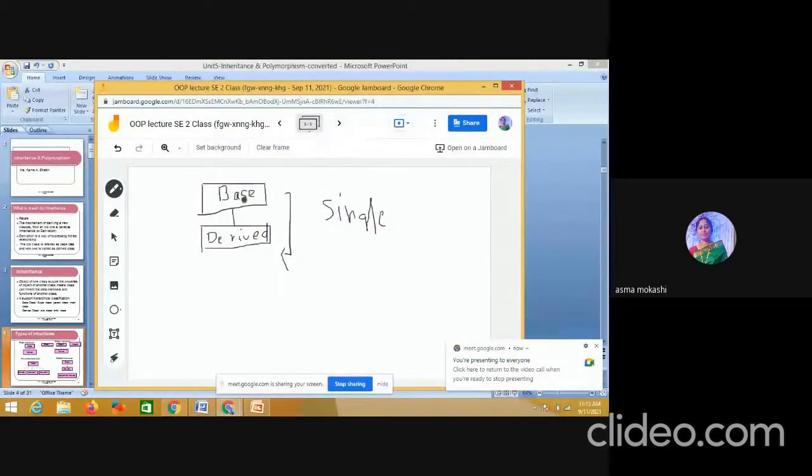So single means what? One base class and one derived class. So it is single inheritance.